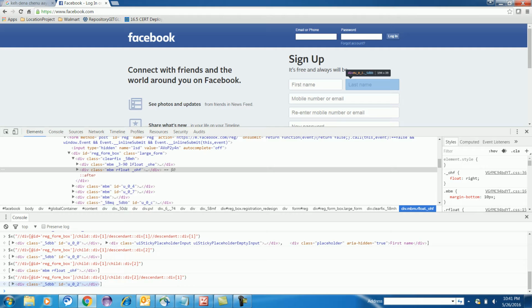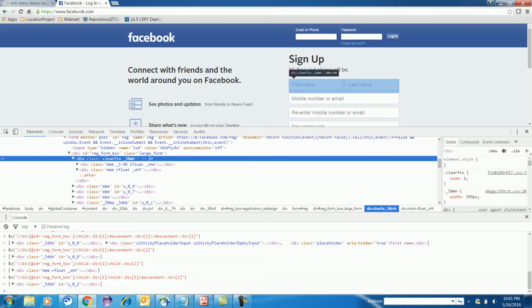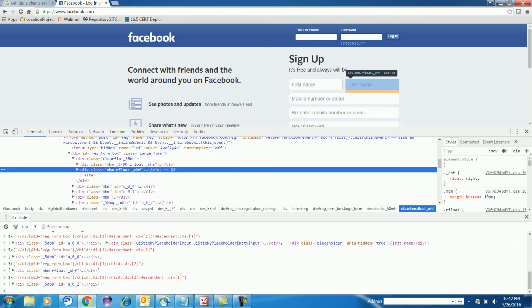See, I hope this is clear for you guys, the difference between descendant and child is: if you are at this parent level, you want to go to the first child, you can use child. But if you are using descendant, it will go inside the first child, it will go inside element of first child, right? But if you are at this level and you are writing that XPath as child 2, which means slash child div 2, which means for this parent this is child 2. Okay, this is child 2, that's what I am writing here.